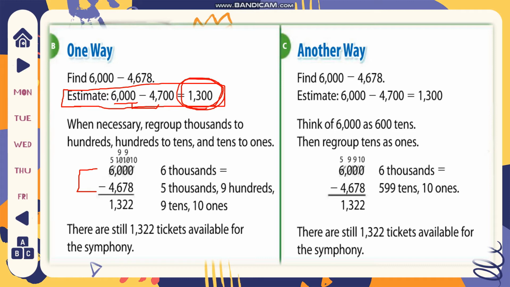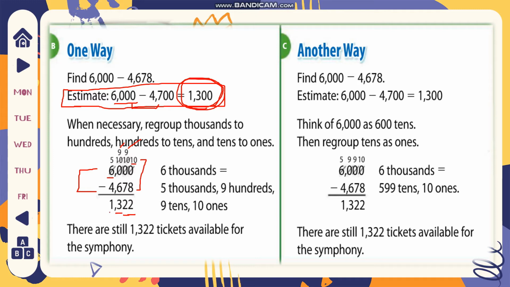As you can see, 0 minus 8 cannot be, so we need to borrow from 6. Why from 6? Because the next digit to its left is 0 also, or zeros, okay? So it means no value. So we need to borrow from 6. 6 becomes 5, and this 0 becomes 10. Since you need to borrow another 1, 10 becomes 9, and this becomes 10. Since we need to borrow from 10, we need to borrow 1, so this 10 becomes 9, and this 0 becomes 10. So 10 minus 8 is 2, 9 minus 7 is 2, 9 minus 6 is 3, and